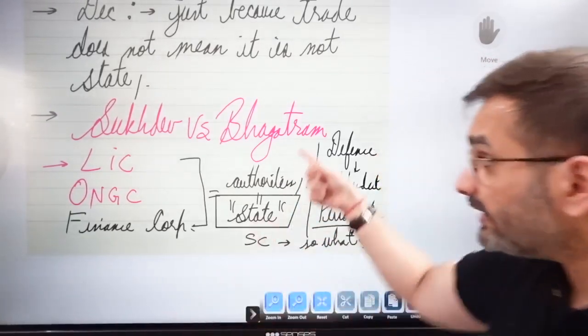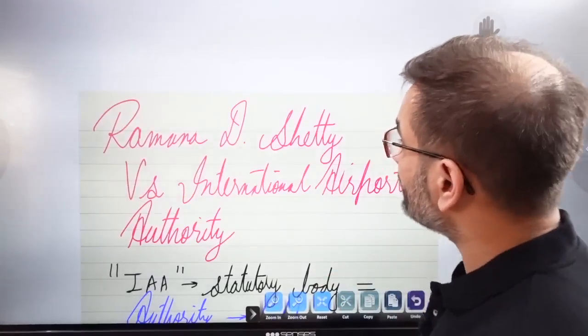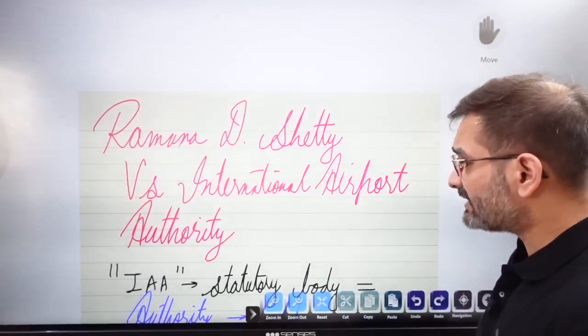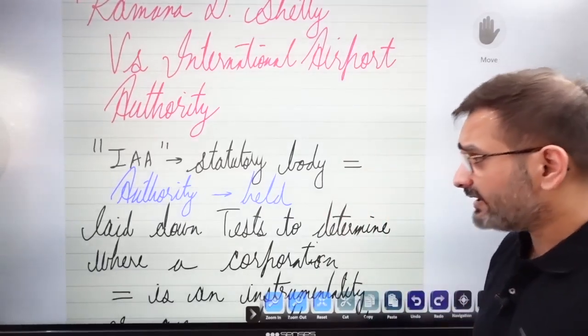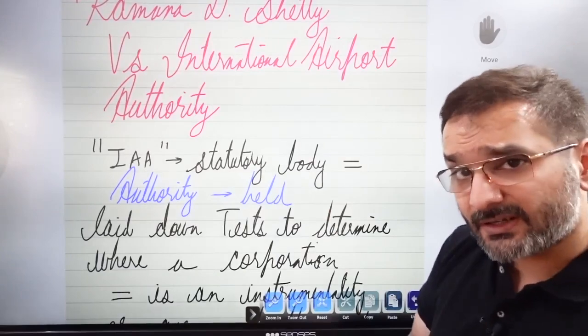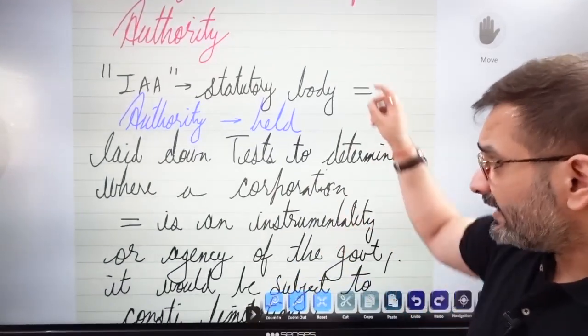अच्छा point है, इसीलिए ये आप mention करेंगे. Then we go to Ramanna D. Shetty versus International Airport Authority. The IAA, International Airport Authority, generally otherwise was a statutory body, that is, it is being created by a statute. It was held to be a state. In this case,